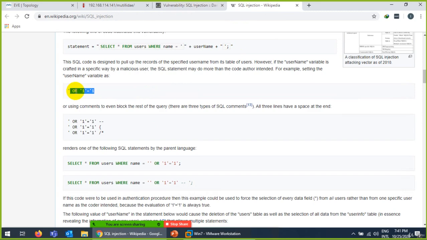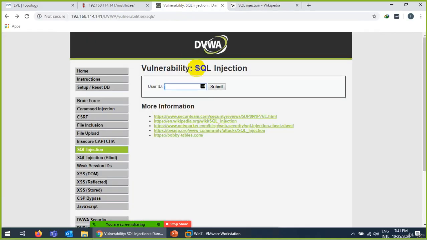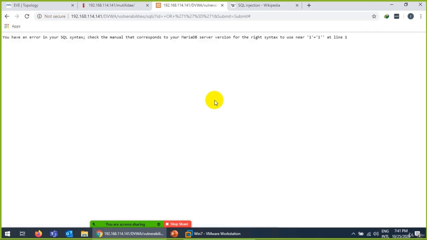This one means 1 is equal to 1. So the query will run like this: select star from user where 1 is equal to 1. So it means that it will show you all the users if there is no security. This is the main theme of SQL injection. So when I put this one and submit,